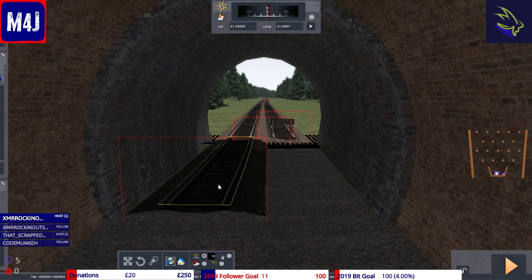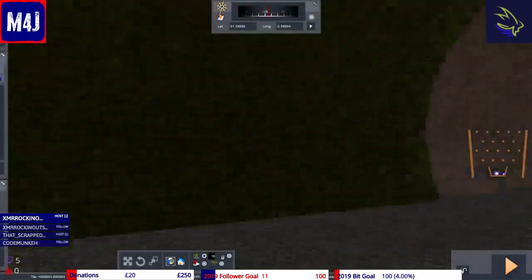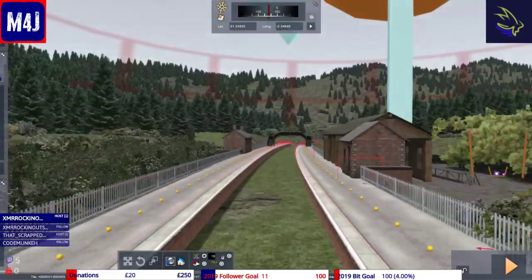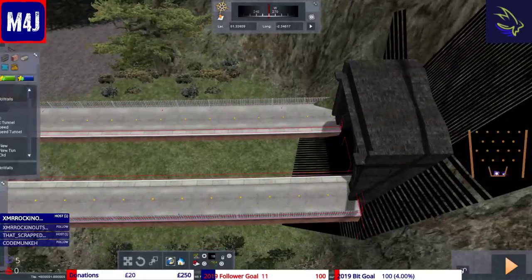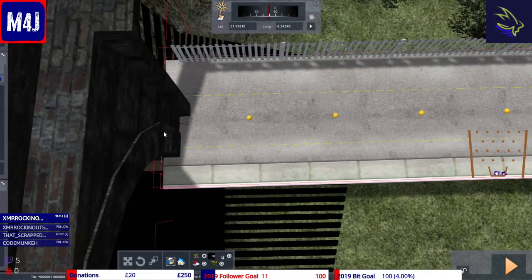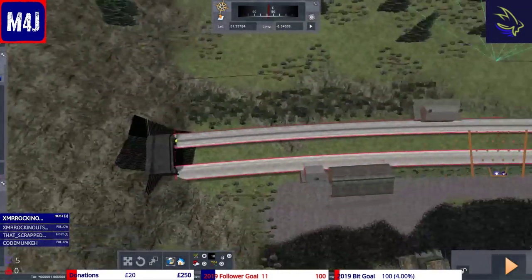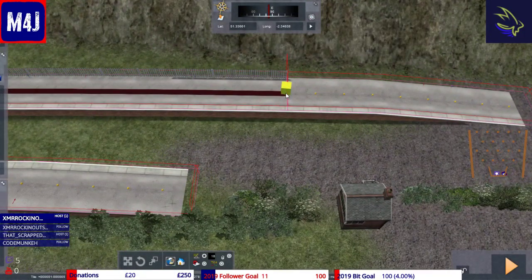Let's try my second way of doing it. First and foremost, we need to place the track here. Now, the way I'm going to do it is to offset track and do it this way. So from here right the way along, whoopsie doodle, to here,